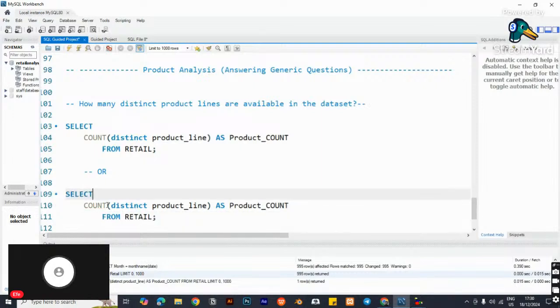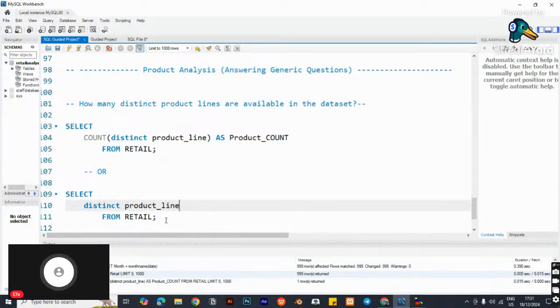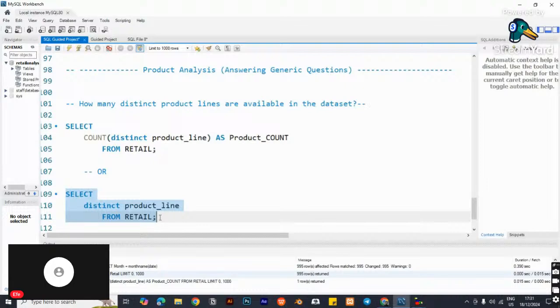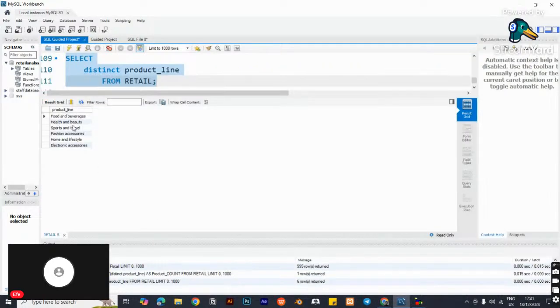Okay. Another way to do this is to use the DISTINCT keyword. We'll get rid of this. So we can just use SELECT DISTINCT product line. That's another method to go about this. So if I run this, what's happening? Okay, so you can see this is not an aggregate function, but it gives you the values. Unlike the aggregate function, it returns